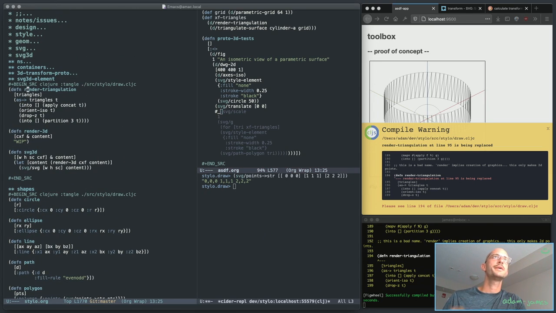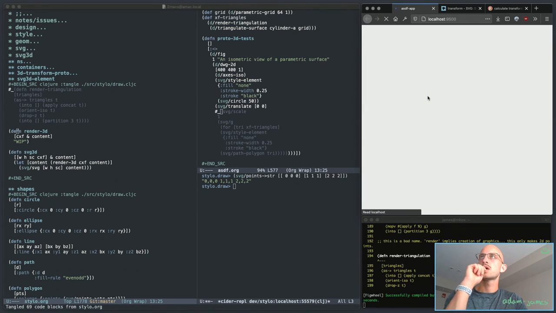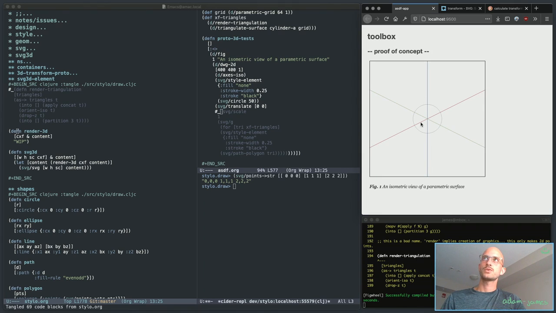These are just reference, so that goes like that. And this should work now. Okay. So we have a circle in the wrong position. Pardon me. So what I want to do here is create